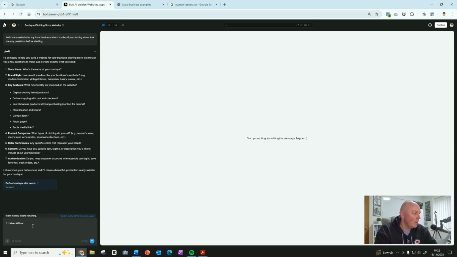Now, when you hit return after you've entered something, it will put that into the chat, and then go away and do something based on the information you've given it. But if you hit the shift key and hit return, it goes down to a new line. I can then put in the answer to the next question, which is brand style. How would you describe your boutique's aesthetic? So I'm going to go with